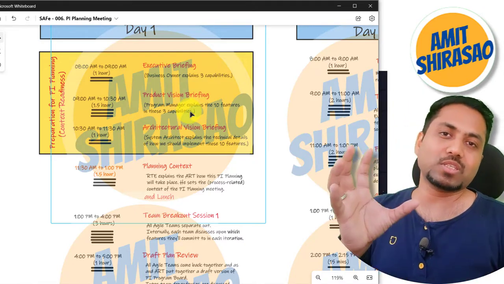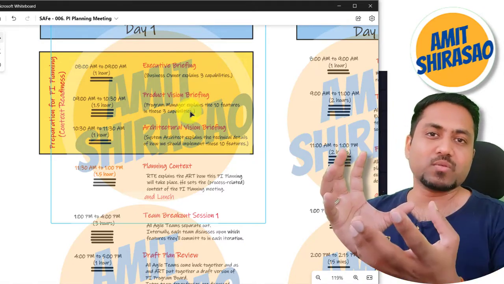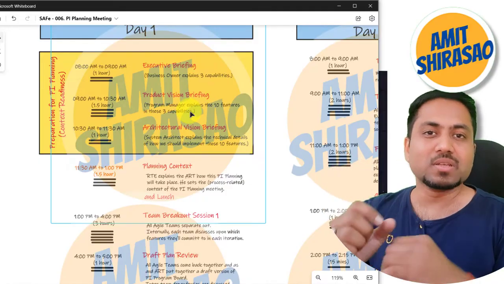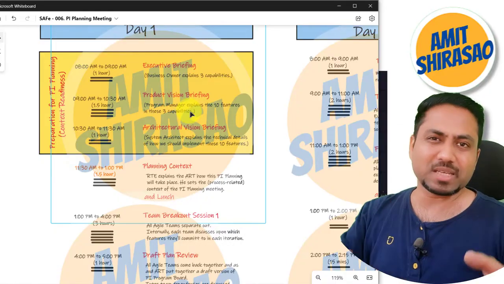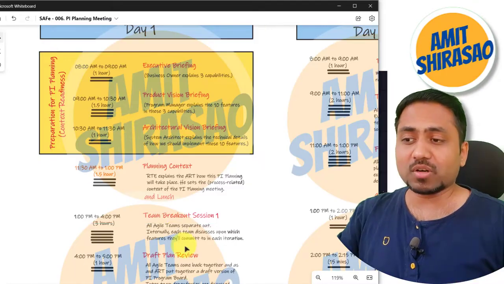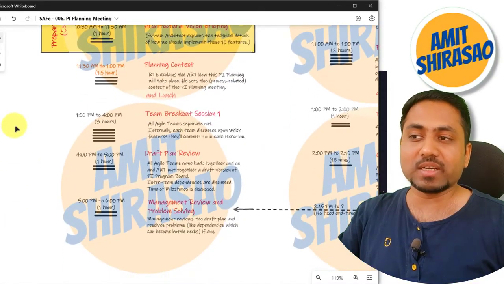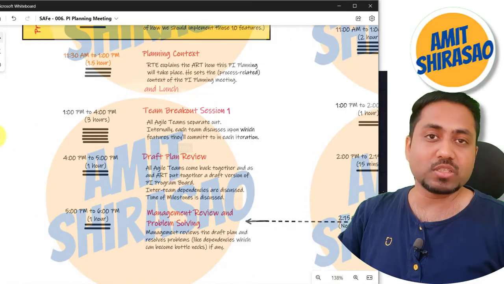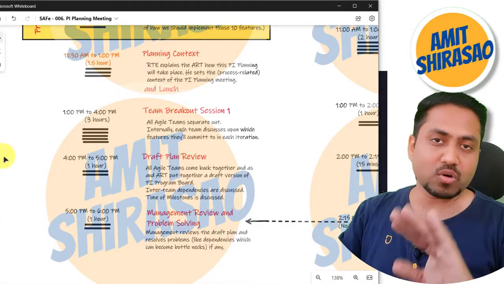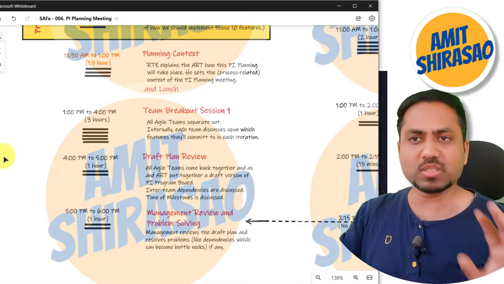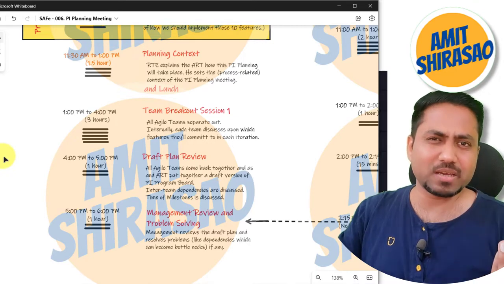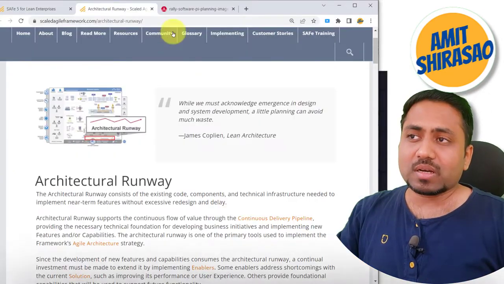The first 3 stories you will deliver in the first iteration, the second 4 stories in the second iteration, then let us say 3 more, then 4 more, something like that. If you do something like that, that is called your team breakout session. You decide internally within your team what stories your team is going to pick in all those 4 iterations in this particular PI. This PI will consist of 4 dev iterations and 1 IP iteration, like any other PI. So how will you do it?